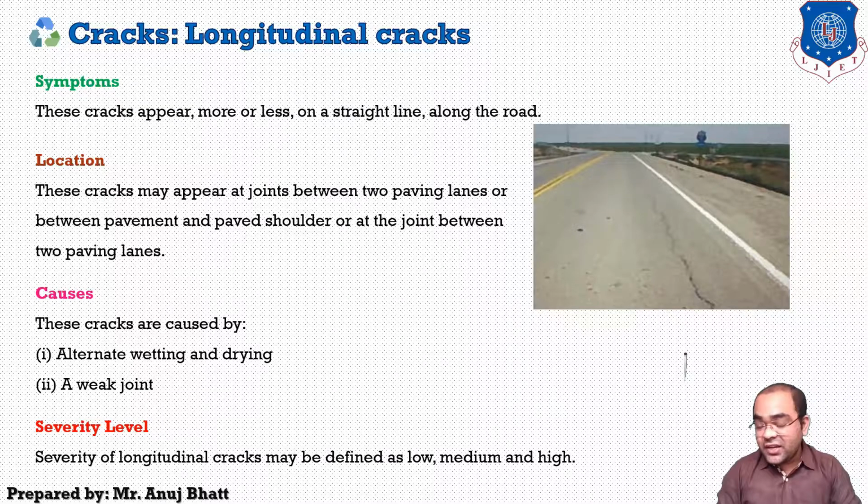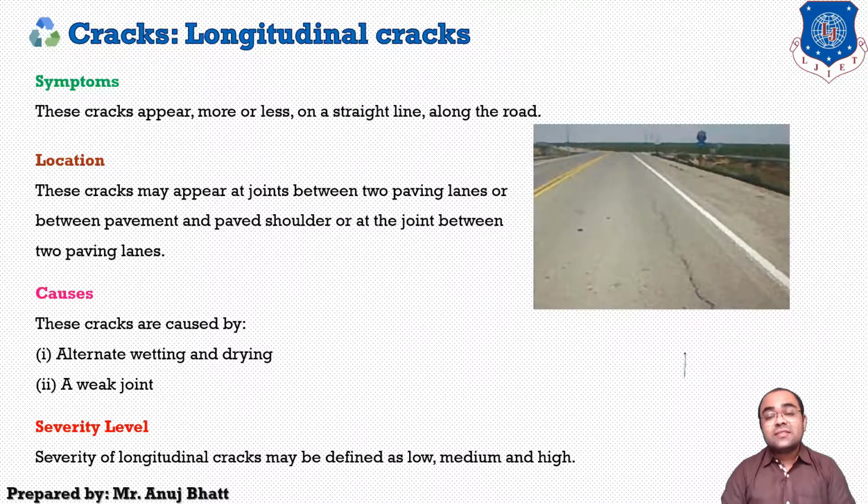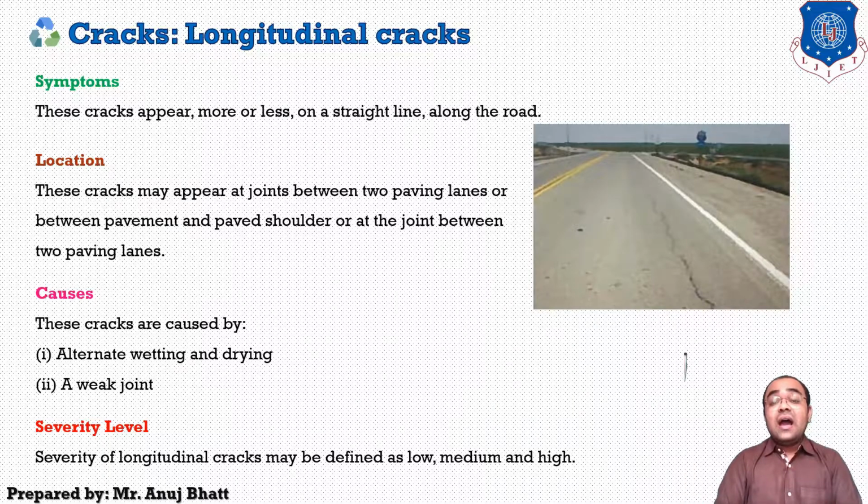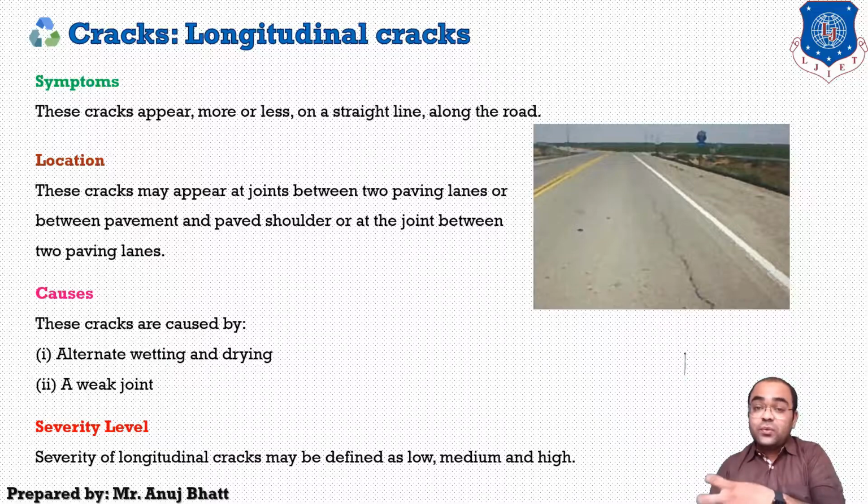These three are the categories. The low severity is assigned to 1 to 3 millimeter wide cracks and infrequent cracks. The medium severity is assigned to 3 to 6 millimeter wide cracks, and the high severity is assigned to the cracks greater than 6 millimeter wide and are very frequent. If such cracks are frequent on the surface, it is considered as high severity cracks.